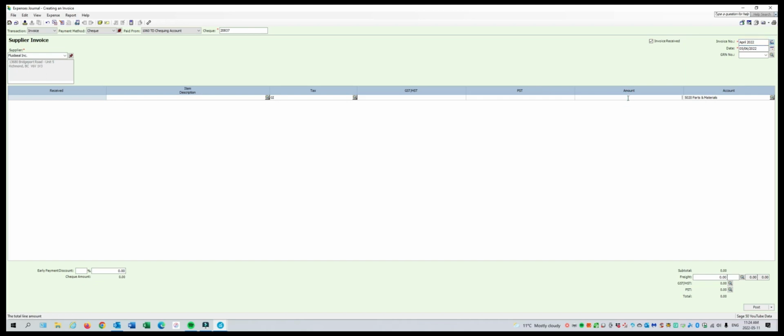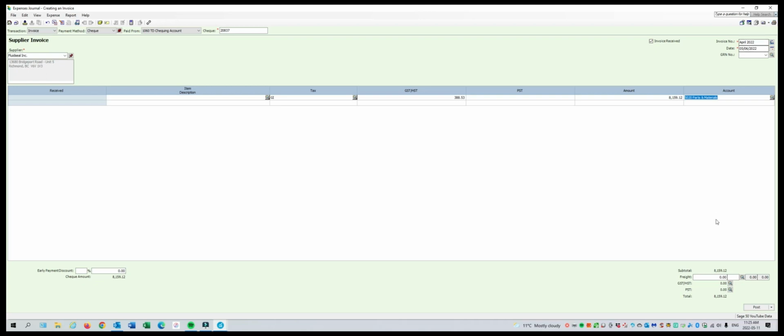The amount is the only item that we're concerned about on this screen. So we enter the $8,159.12. Do not worry about the taxes or the account, because we're using this just to print the check, and we're going to discard this entry once we're done. So we print the check,